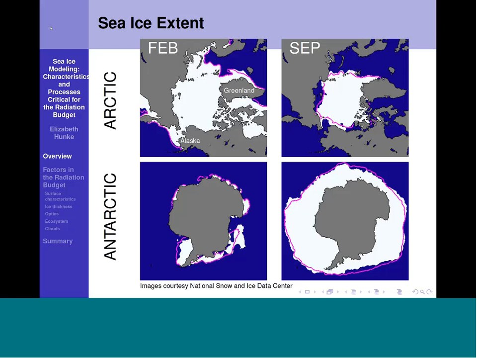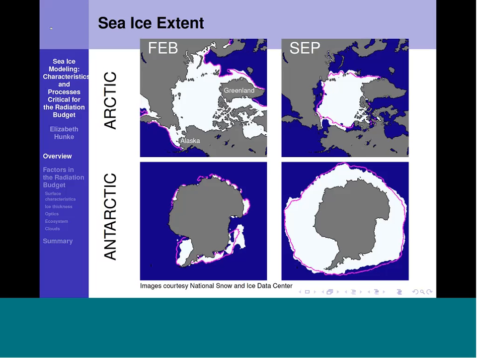Now, sea ice is an enormous factor in the climate because ice covers a large area of the Earth. Here, I'm showing the sea ice extent for 1988 in white, and the pink line is the long-term average for 1979 through 2000. So this does not include the more recent ice losses. The top pictures are looking down at the Earth at the North Pole from above. In the winter, which is February in the Arctic, the ice extends a long way south and covers a huge area. But by September, which is the end of the summer, the ice has melted back a ways, but it still covers a pretty large area.